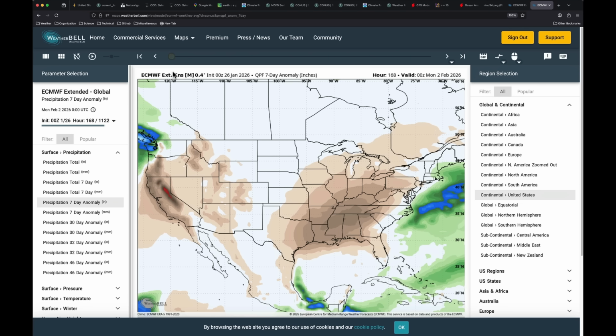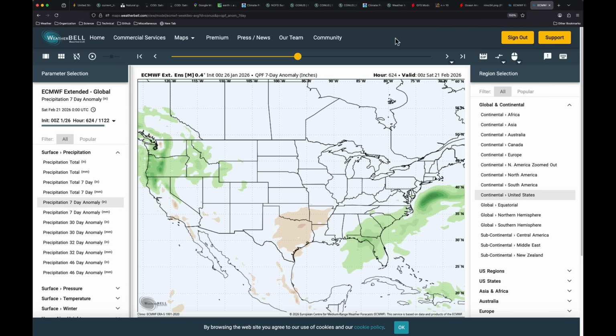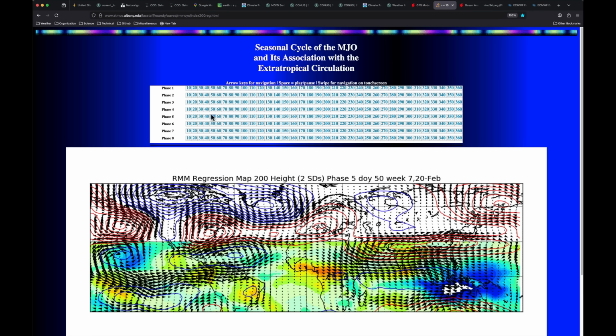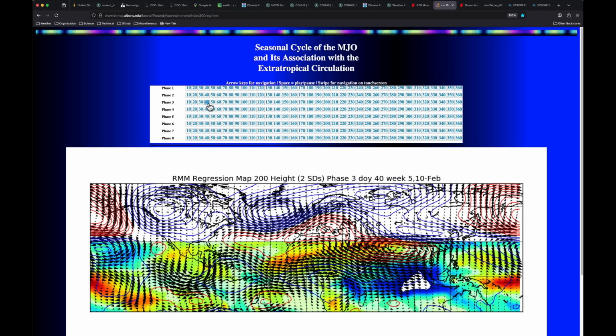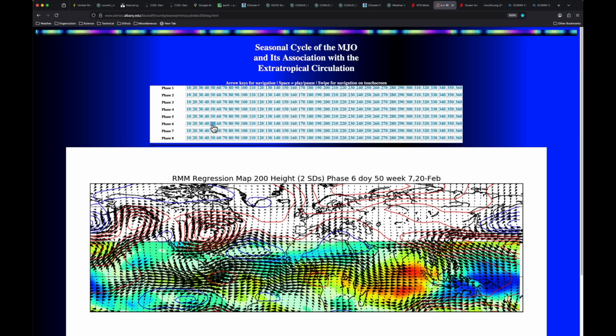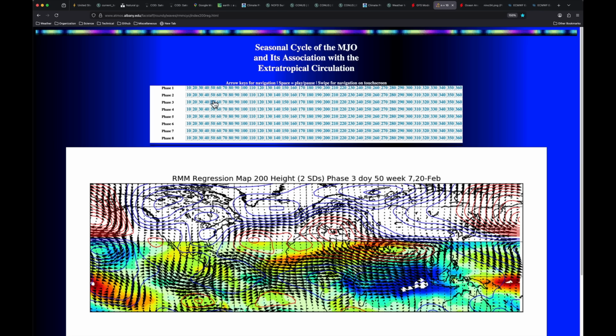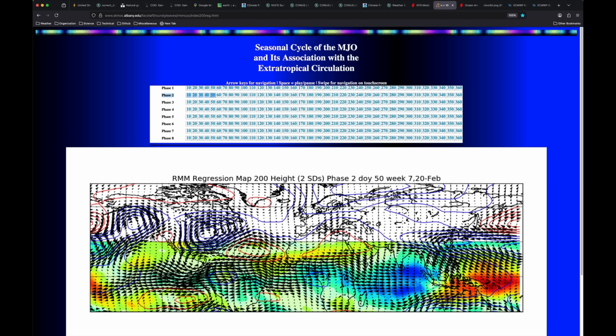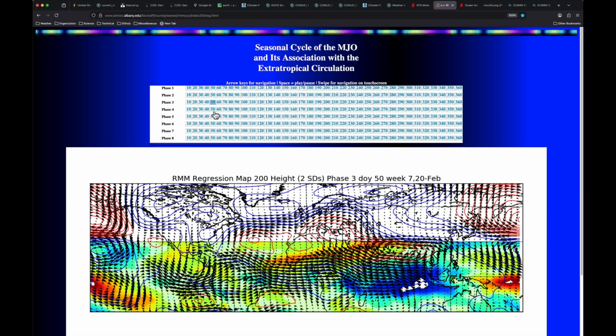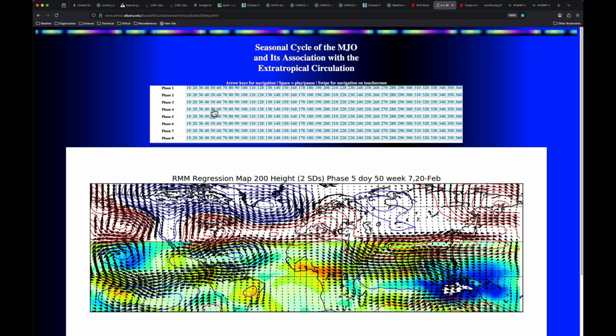Precipitation-wise, again, looking out through February, we get into phases 4 and 5. We don't think of those as particularly wet as you go into the southeast. And I'm looking around at some of these phases to find a little more February support for that western precipitation. Maybe phase 2, phase 3, right? You get these transitions, phases 1, 2, and 3. There's that predictable Pacific jet extension all the way over toward California. You start getting up to phase 4, phase 5, a trough wouldn't hurt, especially for intermountain snow, but maybe not as much for California. So that's something I'm keeping an eye on as we go further out.